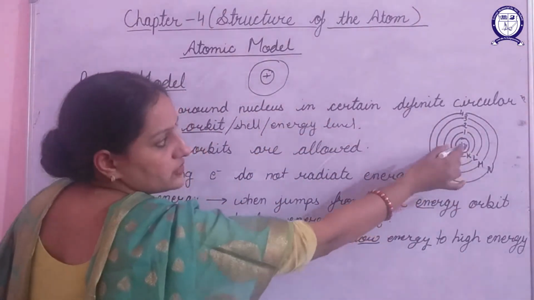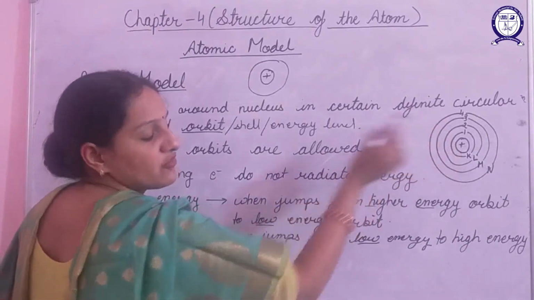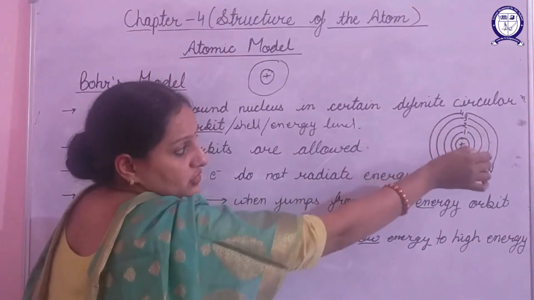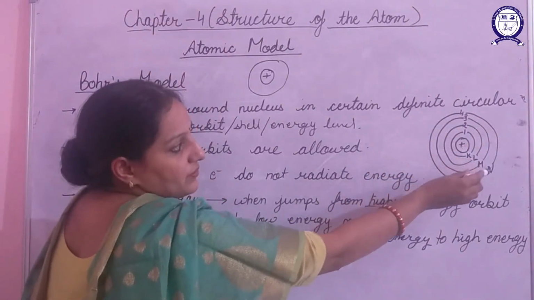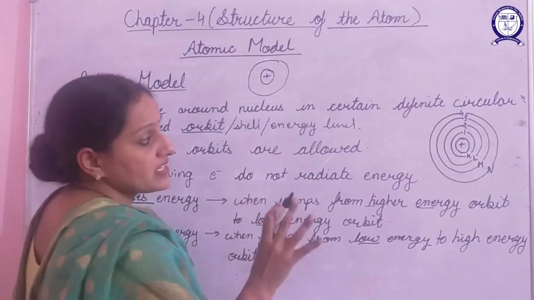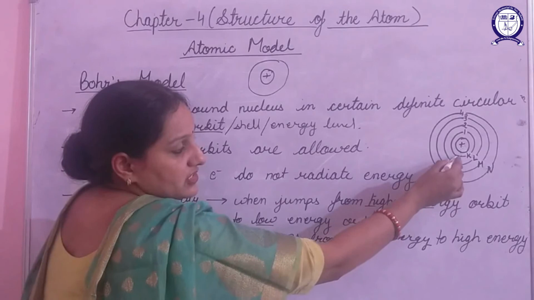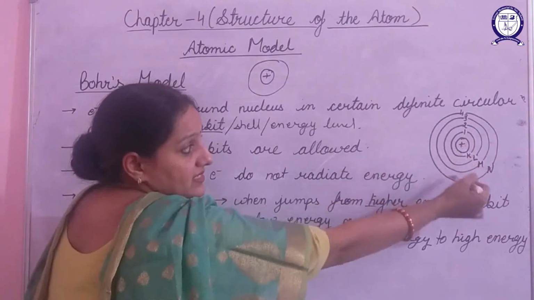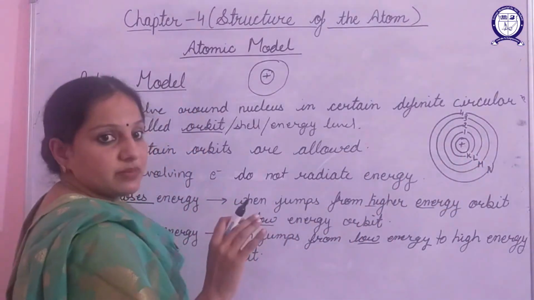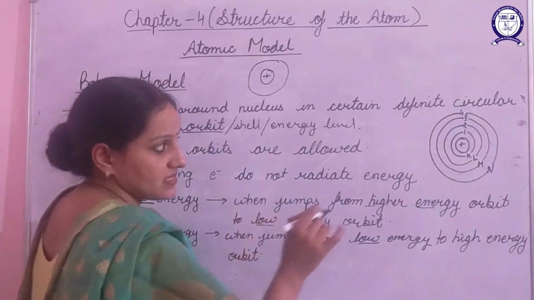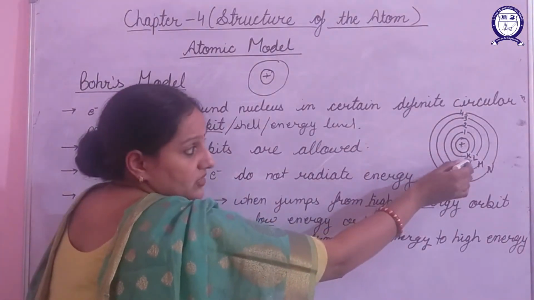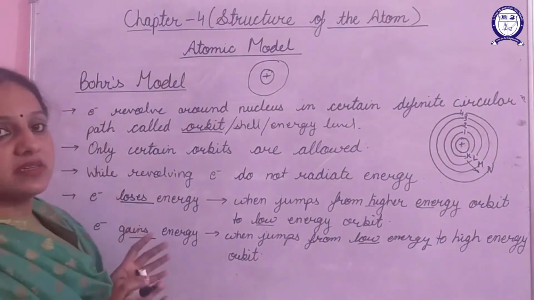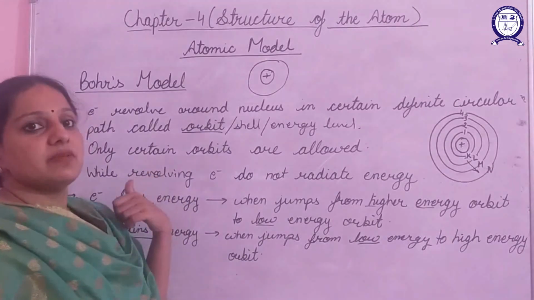This is the positive sphere, it represents the nucleus, it consists of positively charged particles and neutrons. These are the different fixed shells. He named them K, L, M and N. These shells have fixed energy. This shell, which has the minimum level of energy, is known as the ground level or the ground state. And this outermost shell, which has the maximum level of energy, is known as the excited state. That means this level has minimum energy, and as we move outwards, the energy level of the shell starts to increase. So this is the present day model which we are following, that was given by Niels Bohr.